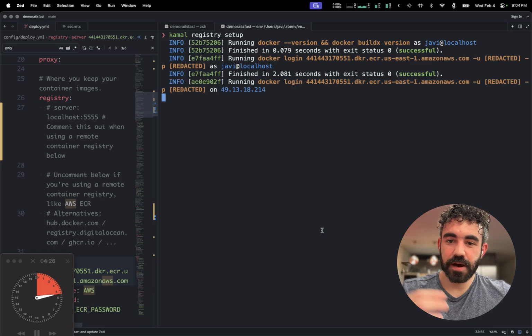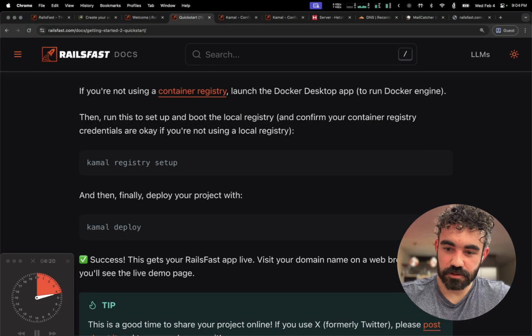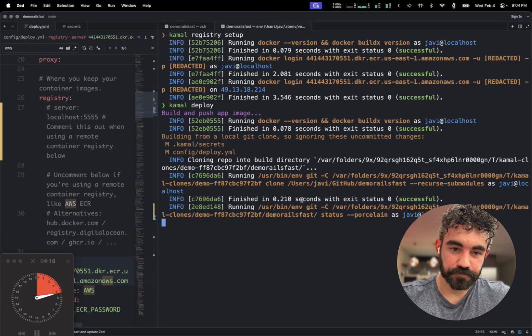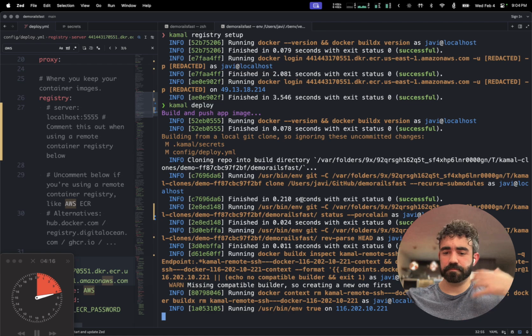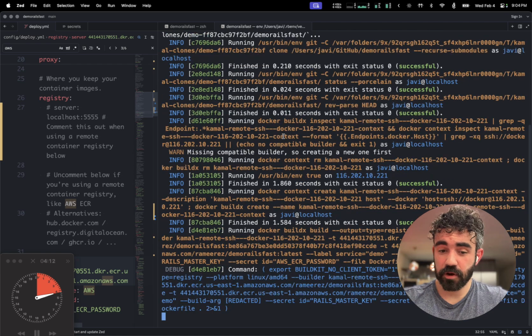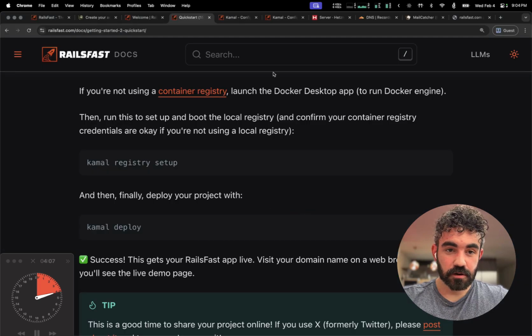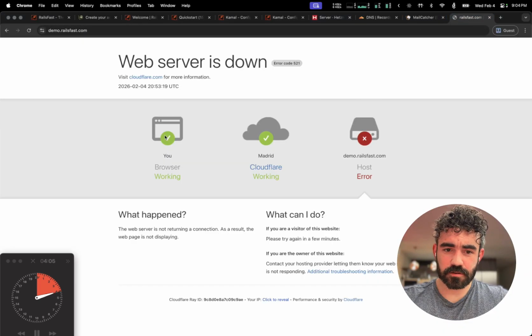So it's logging into my AWS Docker registry. Successful. And then we can just hit Kamal deploy. And now it's building the whole RailsFast app, and it's essentially deploying it. It's going to take a while. It's building everything. So when we're done, this blank page is going to turn into our actual app that we